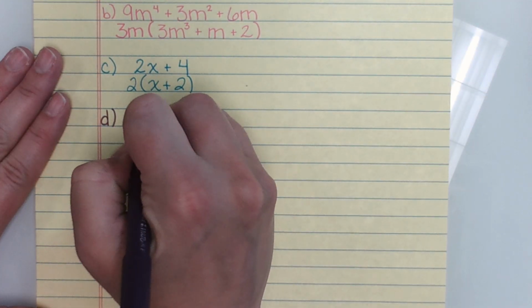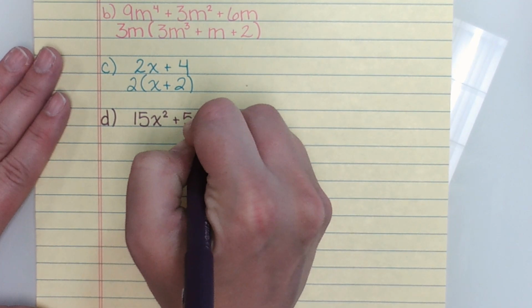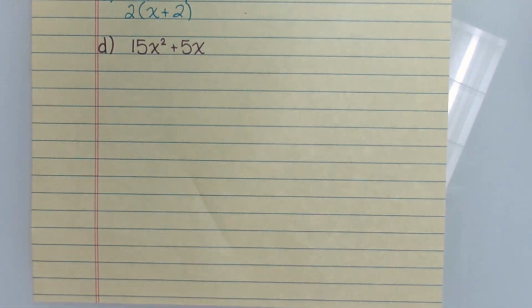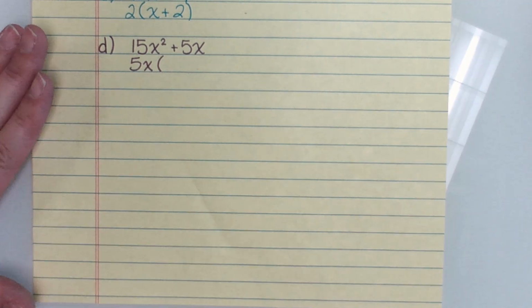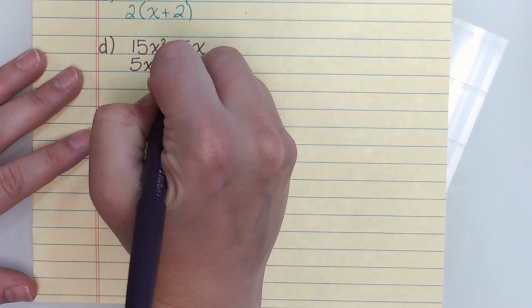Last one, that's greatest common factor. Should be pretty straightforward, but it tends to cause some issues. 15x squared plus 5x. Greatest common factor: 5x. Divide by 5x and I am left with 3x